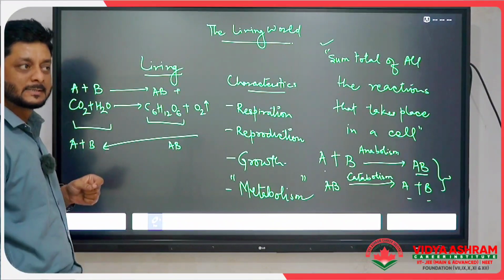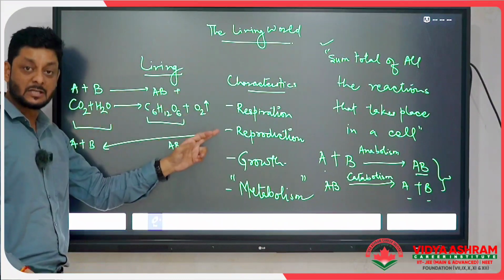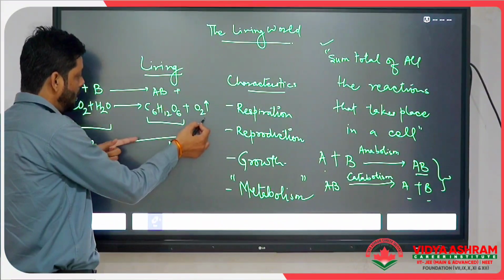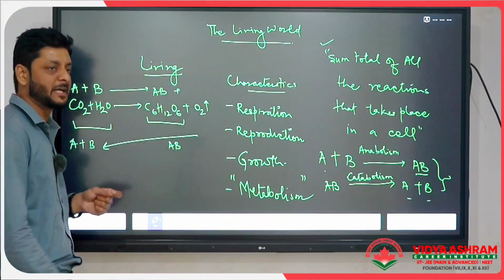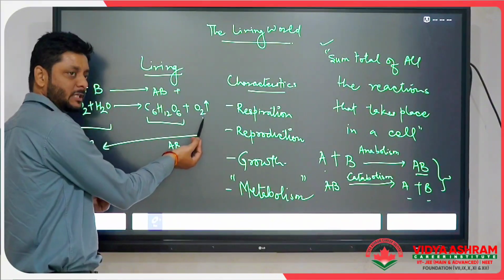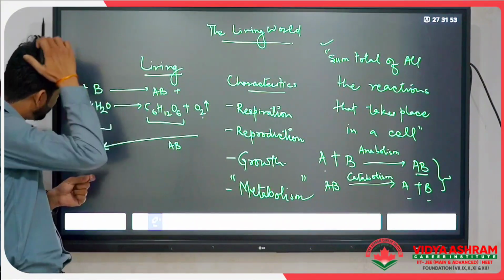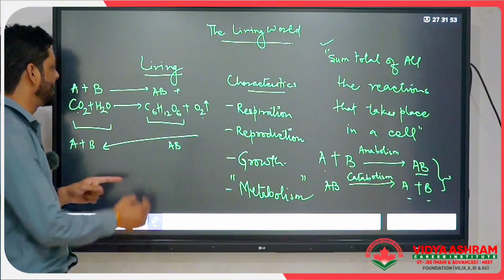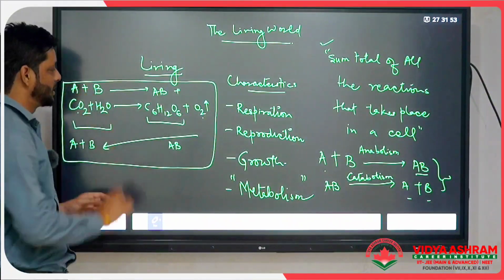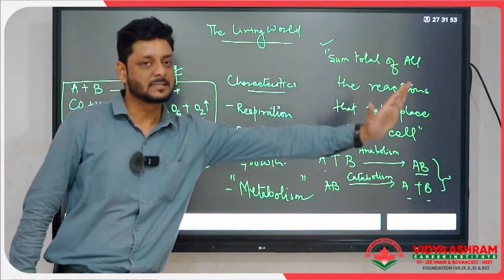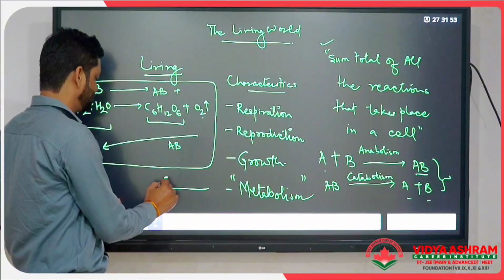Also, simultaneously within a plant cell, whenever a photosynthetic reaction is going on, respiration is also taking place. What is happening in aerobic respiration? In the presence of oxygen, the carbohydrate is being broken down into carbon dioxide and water. So this is a catabolic reaction. So are you aware that these two reactions simultaneously take place within a cell? So this is metabolism. This is the metabolism.